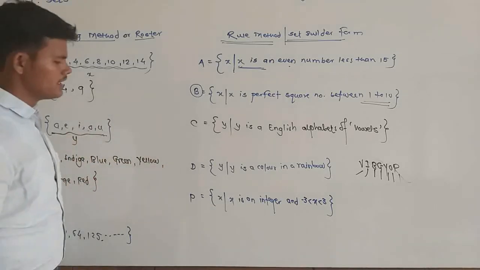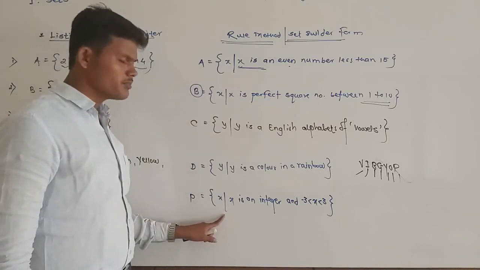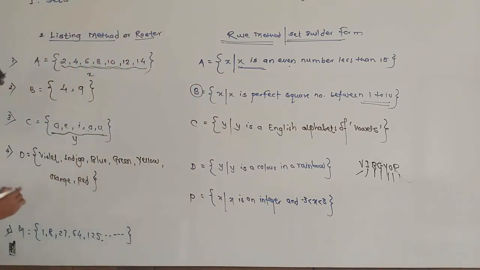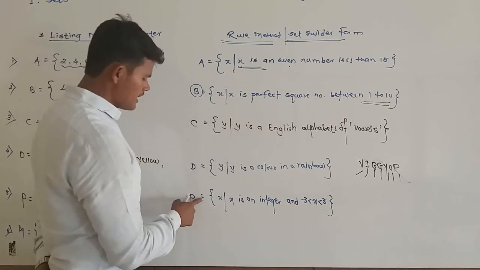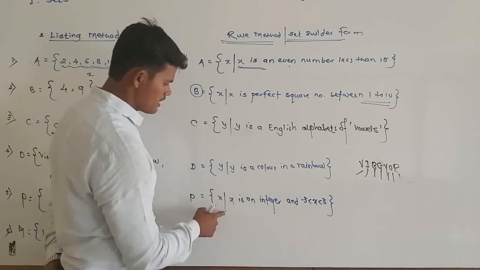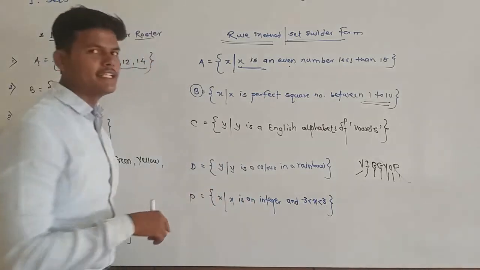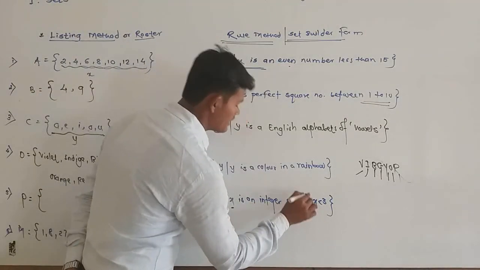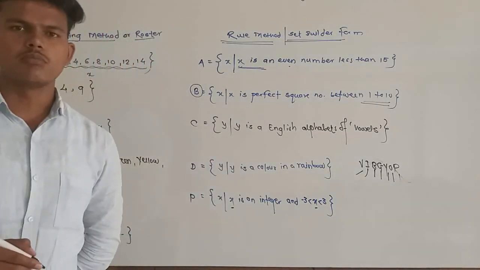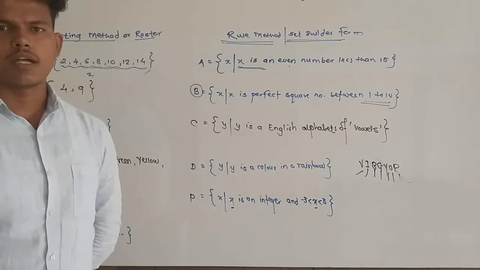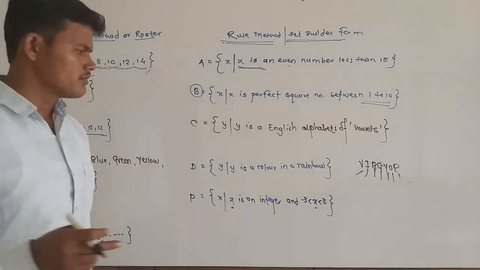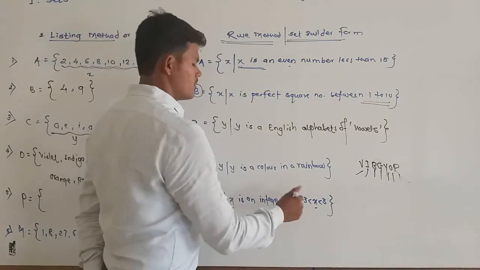Now let's see another example. It is also given in the rule method. The next example is also given in rule method and we have to write it in listing form. So set name P, write all the elements within curly bracket. But set P is a set of all x such that x is an integer. What is x? An integer. But which integers should we write? The condition given for x is x is greater than -3. So which are the numbers greater than -3: -2, -1, 0, 1, 2, 3 up to x is less than 3. Okay, we have to write the elements which are greater than -3 but less than 3.